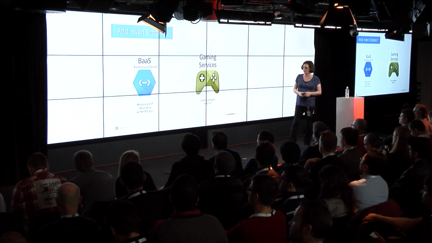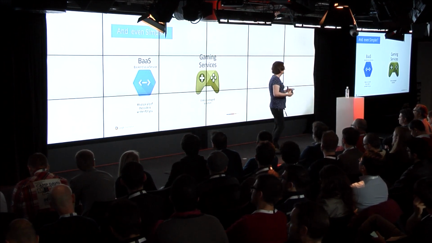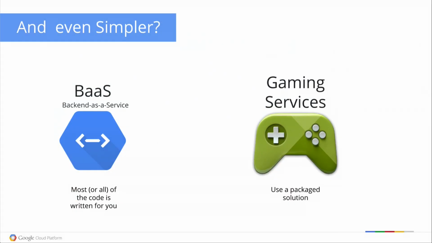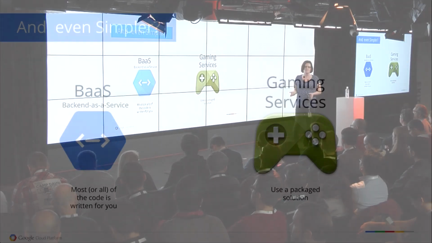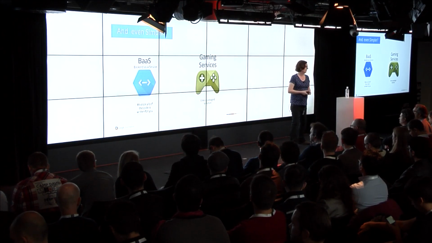There's also backend as a service. And backend as a service effectively provides you with services that your application can consume directly. So things like messaging, pub/sub, the social interaction experience, analytics, those kinds of things. And also you can use gaming services, which is what you're going to hear about quite a lot today from people like Daniel. Daniel has probably already introduced all of these. So these gaming services, you can just plug into them very quickly. You just write your code to them. You don't actually have to build anything yourself.